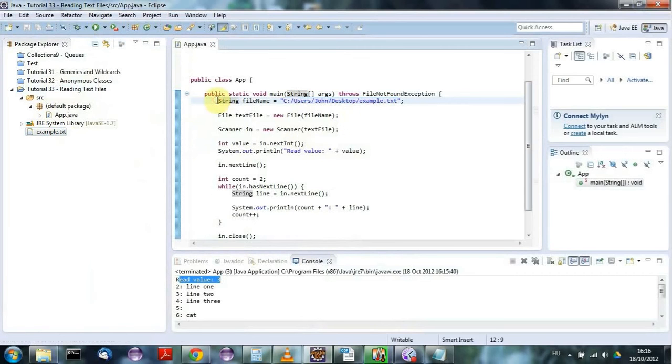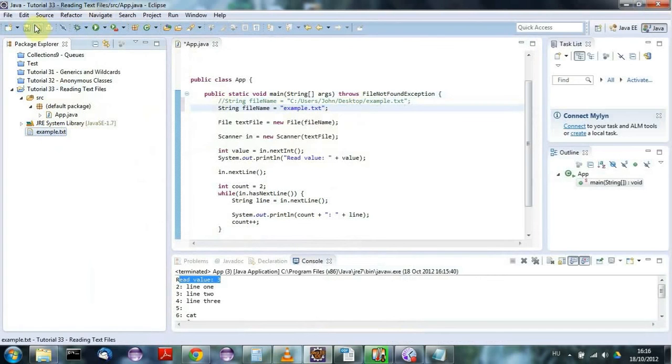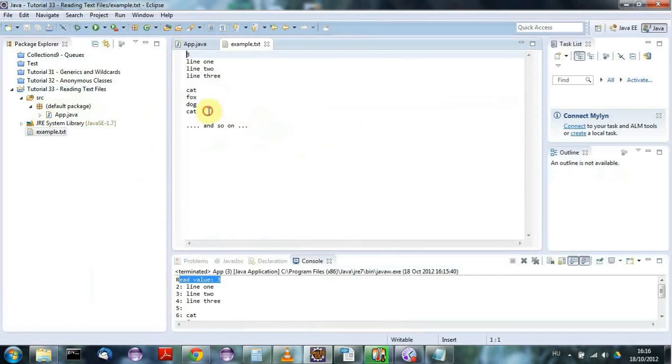And I'm going to just comment this out here, and let's just copy that, and instead of having the full path, I'll just have the name of the file, and it will now read from here. So just to prove that it's reading this file, let's double click this, open it in Eclipse, and let's add zebra on the bottom here. So I'll change it a little bit, and now if I run